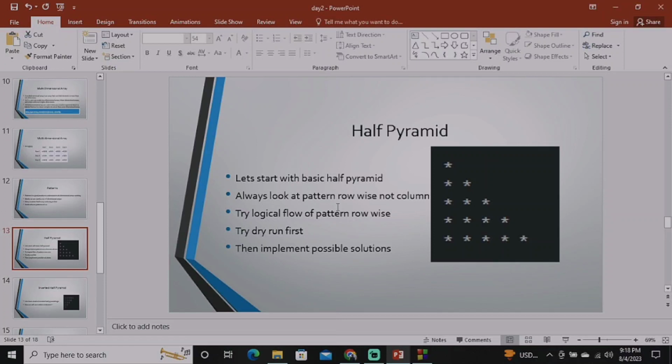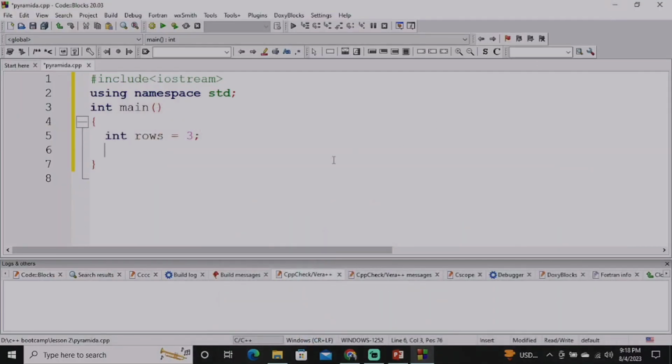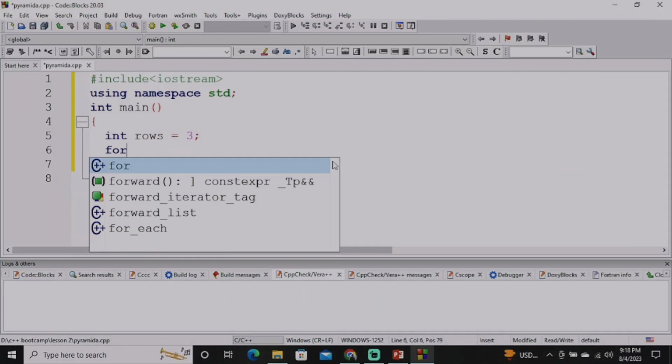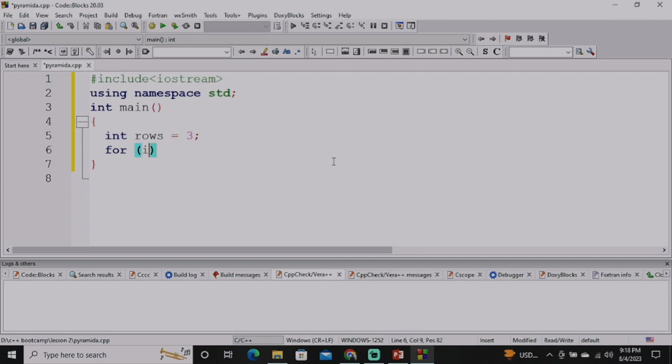Oh yes, I can use a relationship between i and j. Let's see what works for us. For the loop, I say integer i equals 1. Why? Because I have something in it for the first time. You can use 0, but I will